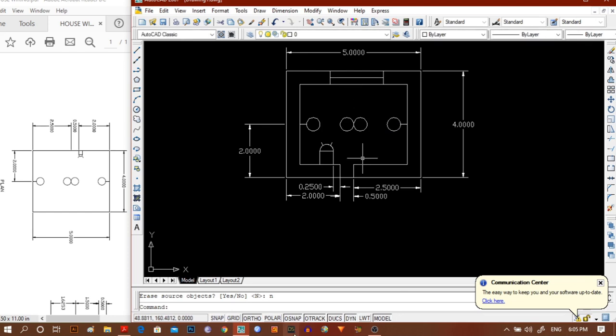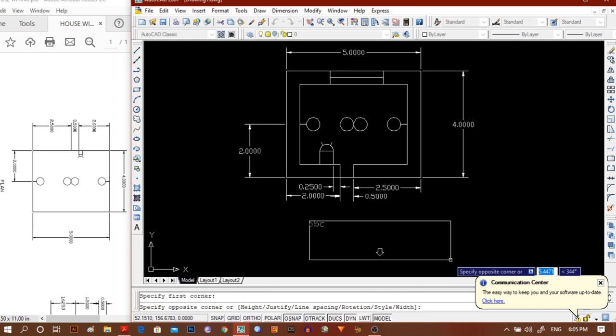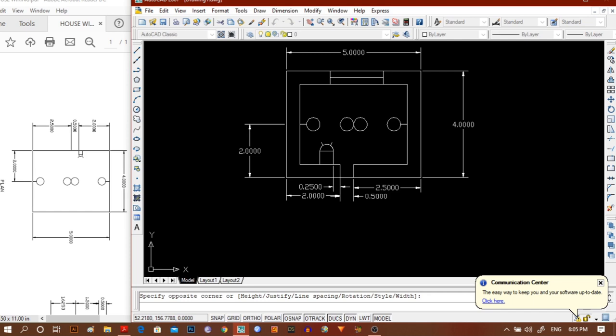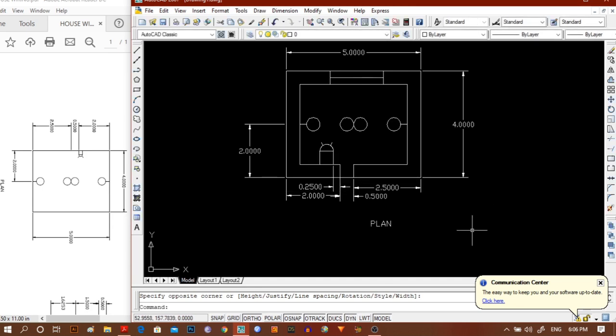So the fan is also done. So this is the plan. Now I have to write... so the plan is made.